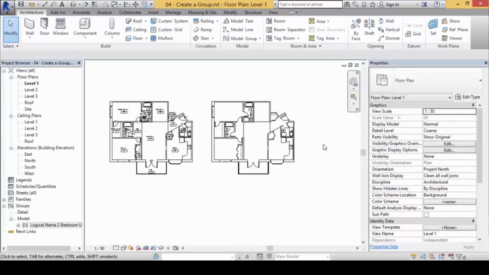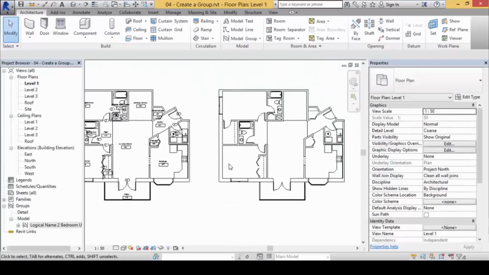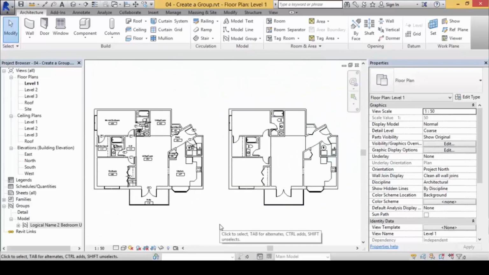Now, if you look at this, you see my copy here, my group. The second part is the exact same copy of the initial layout plan group. But there's something missing, isn't it? The room tags are missing. Many a times when we duplicate this, we need to manipulate it also, like flip, like rotate, and so on.